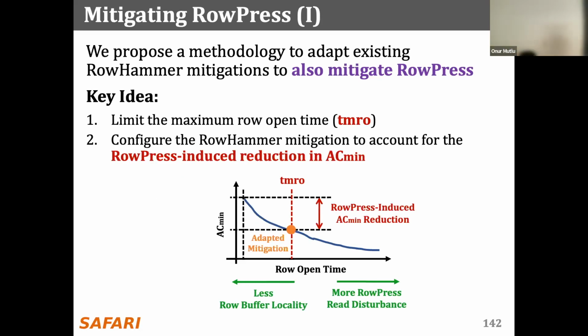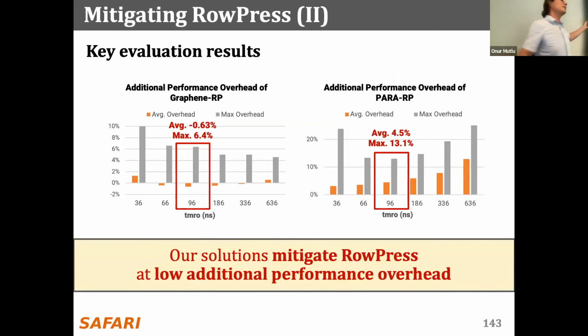Basically, RowHammer mitigation kicks in based on some RowHammer threshold so that you can account for the reduction in activation counts that leads to a bit flip, such that RowHammer mitigation kicks in earlier if you keep the row open longer. That's the idea over here. And that picture kind of summarizes it. Of course, with this one, you get a little bit lower row buffer locality exploitation, but hopefully you're secure. You can prove that you're secure if you set your parameters right. But setting those parameters right is a difficult part, as we will discuss a little bit more. So we show that you can do this with low performance overhead. But in an extreme case, you can get high performance overheads also.